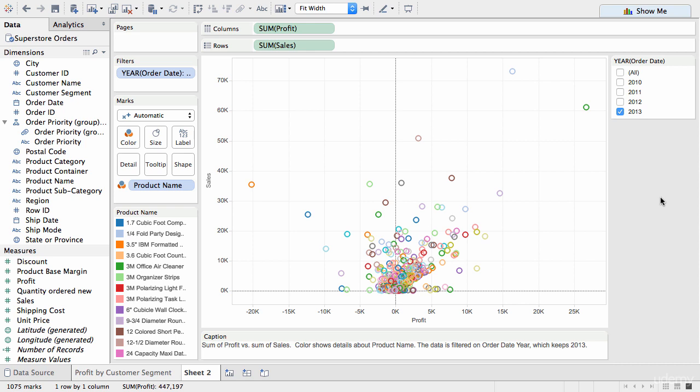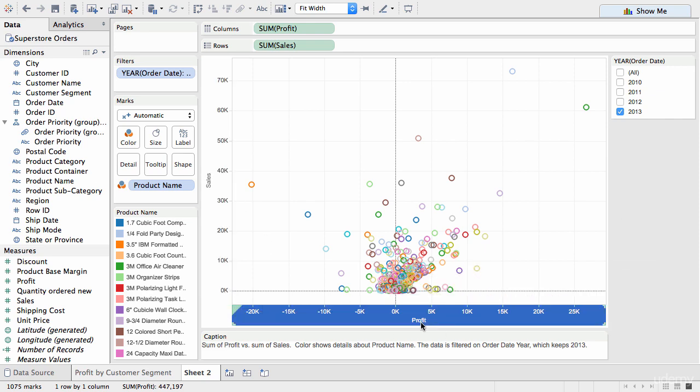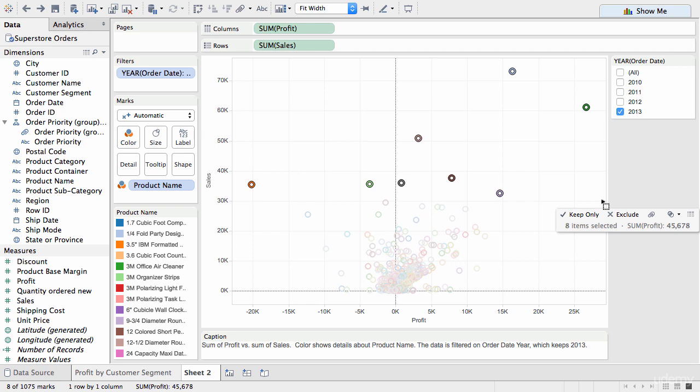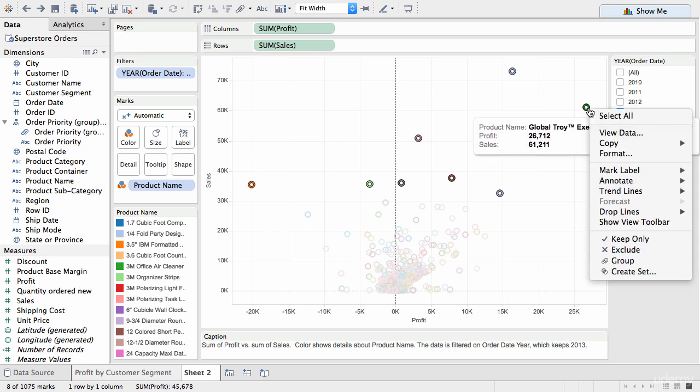So let's create a static set. We'll use this scatter plot, which is showing a relationship between the profit and sales, and it's plotting all the different products on it. As with anything, there are a number of ways to create a set within Tableau. One way is to actually select marks directly on the chart. So let's do that. Let's select any products that might be $30,000 and above. There's 9 items selected, and in this little pop-up menu there's an option of creating a set. So let's click on create set,